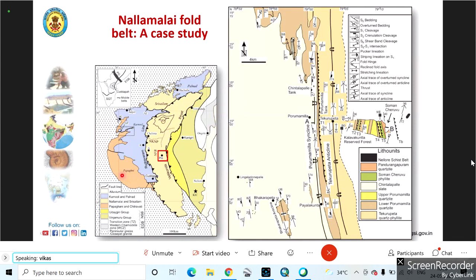And as you go to the right hand part, I had just shown those parts which I have mapped. So that's why it has become a narrow area there. Where it's written as Kalva Kuntla Reserve Forest, in that part you can see the beds are actually repeating. Now, you notice here what these beds are. These we have named as lower Parmomilla quartzite.